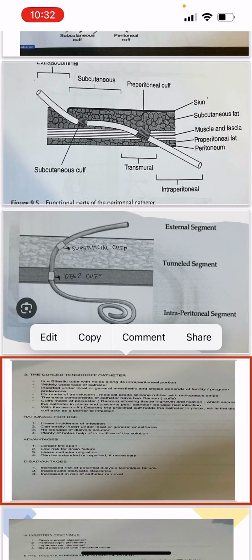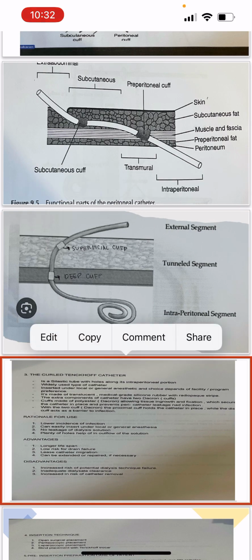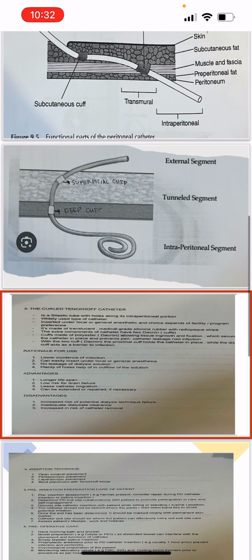Curved Tenckhoff catheter is made of translucent medical grade silicone rubber with a radiopaque stripe. The extra components of the catheter are two Dacron cuffs. So as we can see in the image here, there are two cuffs. The first cuff is superficial and the other is the deep cuff. The cuffs are made of polyester Dacron, allowing tissue ingrowth and fixation, which secures the catheter in place and prevents pericatheter leakage and infection. With the two cuffs, the proximal cuff holds the catheter in place, while the distal cuff acts as